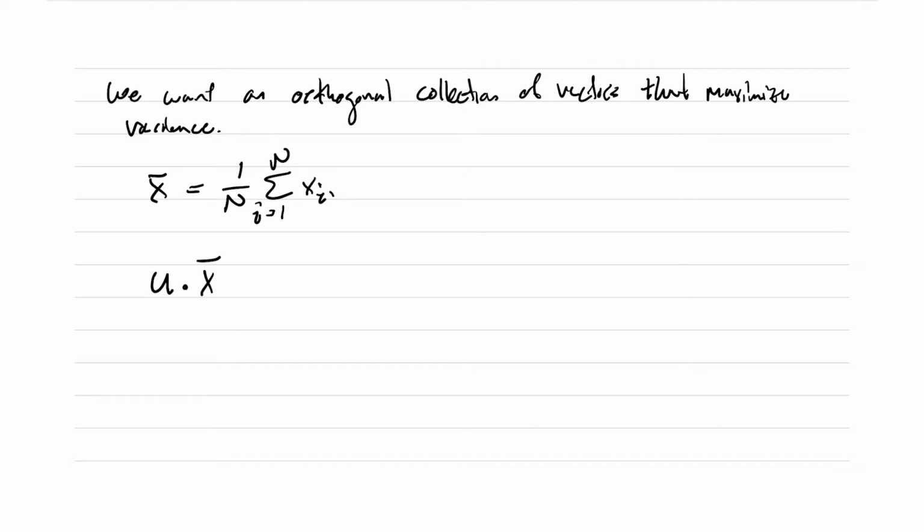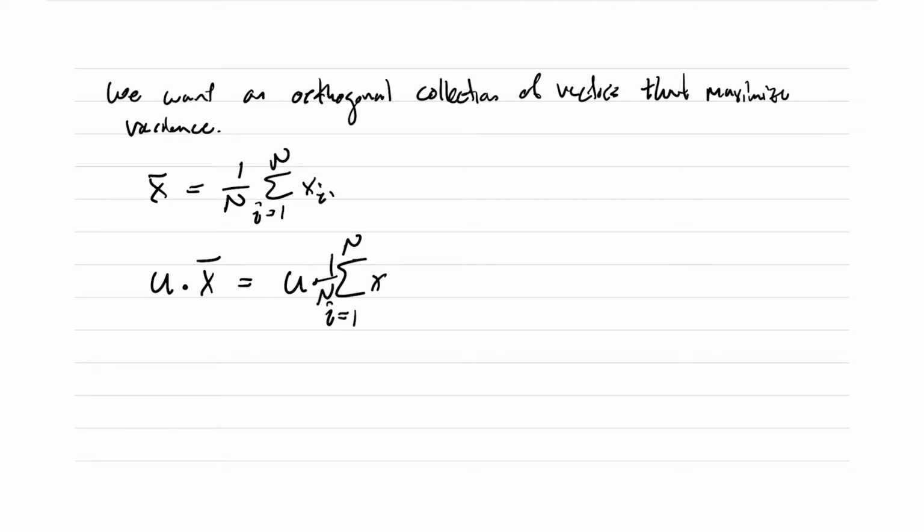I'm avoiding using a transpose notation because Bishop actually uses column vectors, whereas Steve Brunton in his book uses row vectors for his data, so I'm trying to steer away from being decisive about which one I'm using. Just know these x's are in Rn, and if you're doing this sort of inner product, then you need to have a row vector times a column vector. However you need to do that, if you need to transpose something, just make sure you do everything in the right order. All right, so basically this is u dot with the sum i equals 1 to n,